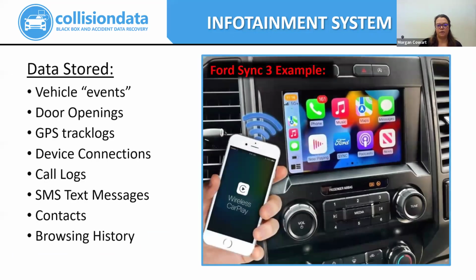And so an infotainment download is not in place of an EDR download. It's completely separate, and you would have to do both of them to get all the data you're looking for in the accident. And so when the phone is connected to the vehicle, either by USB or Bluetooth, it is